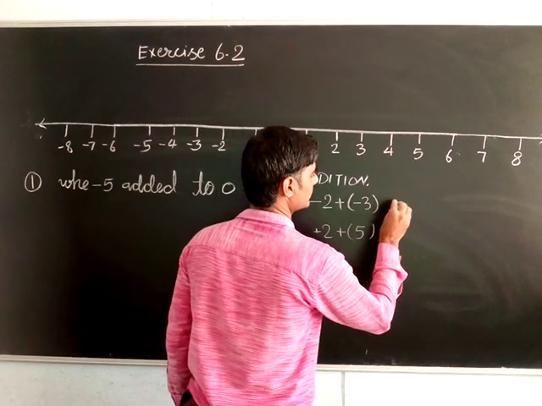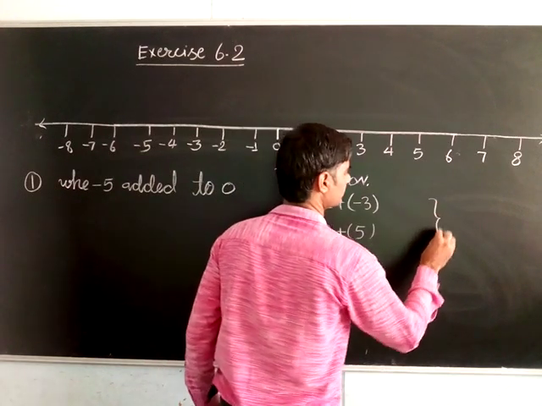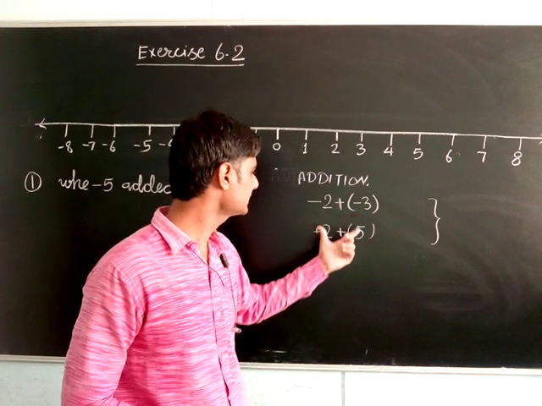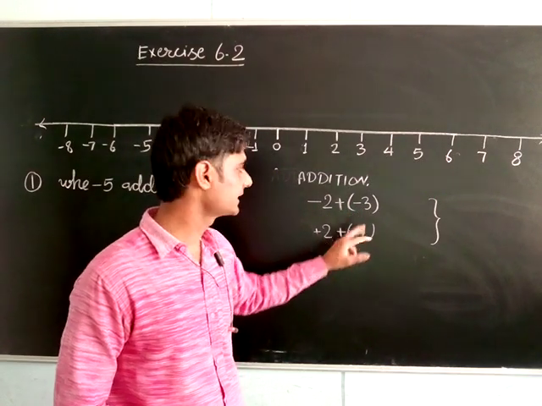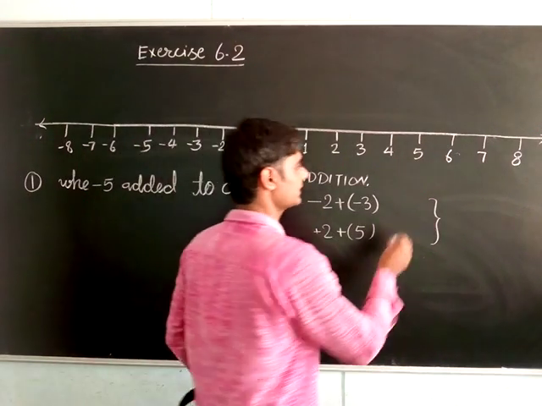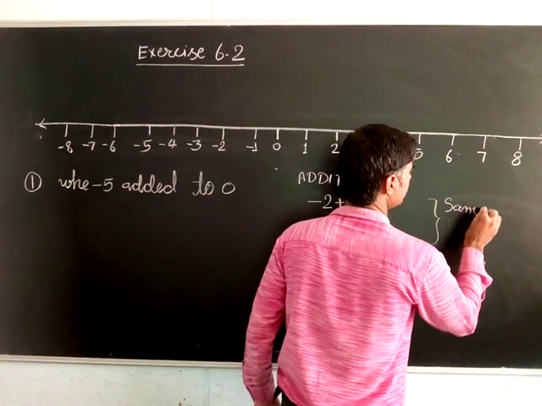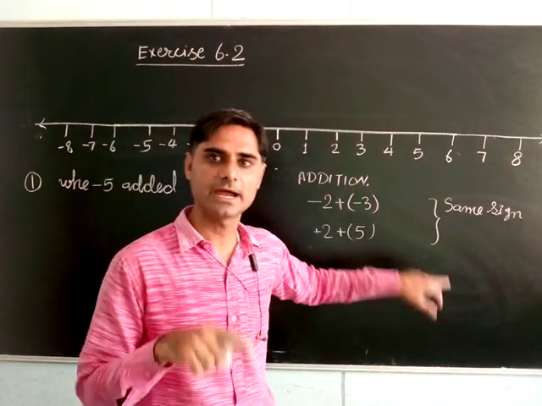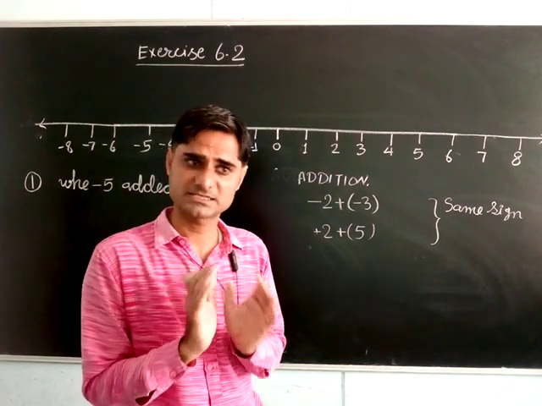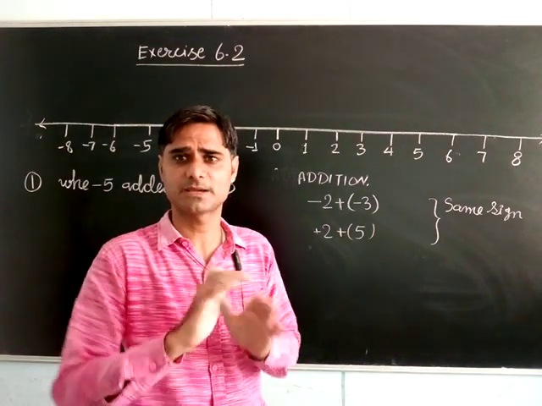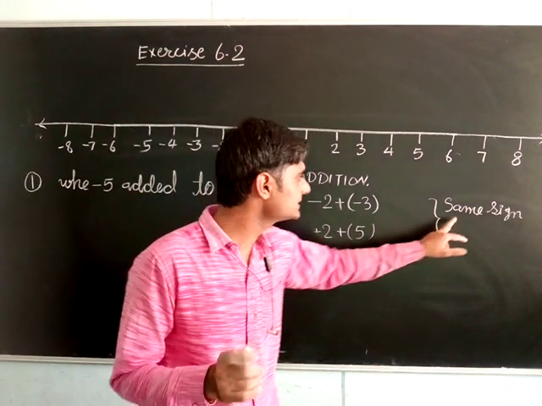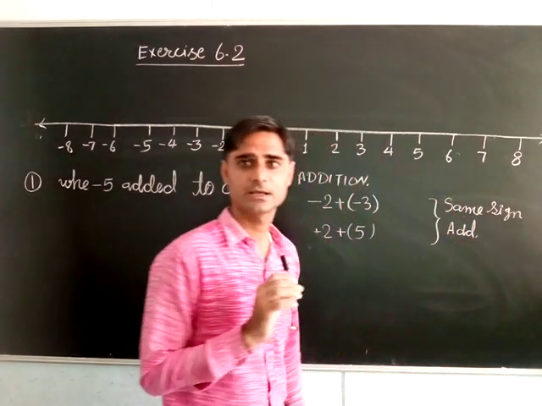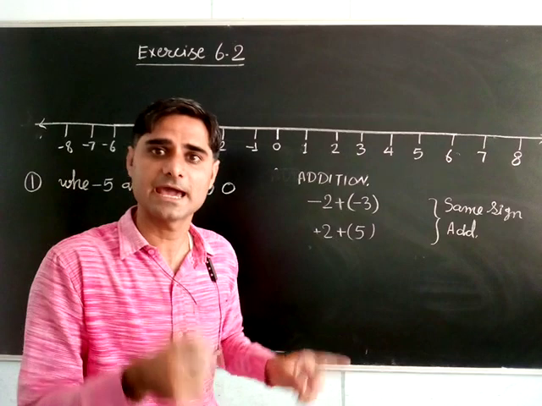These are all positive. Now see here, these both numbers are having same sign. In this question also they are having same sign. In this question also they are having same sign. If sign are same, okay, I am writing here same sign. Having same sign, so we will have to add. What to do? Add. Plus plus plus minus plus minus plus plus minus minus, don't learn like this. If having same sign, just add. What to do? Addition. Add them, and the sign will be the same as them.